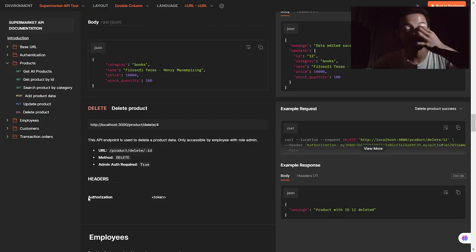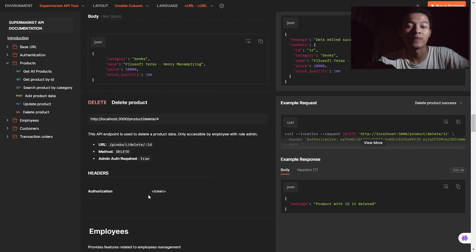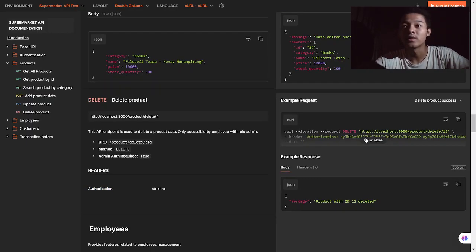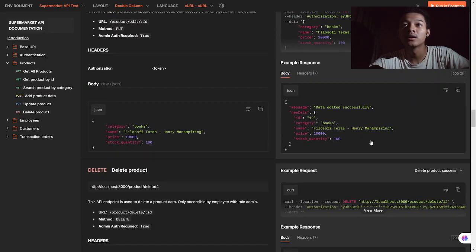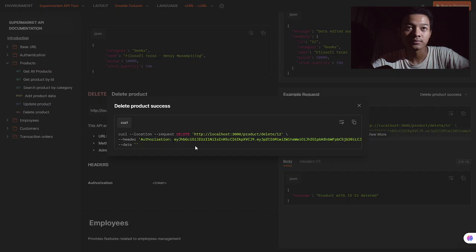We also need the request headers with the authorization and fill in the token, and this is one of the example requests here. Oh yeah, we don't need to specify any request body.